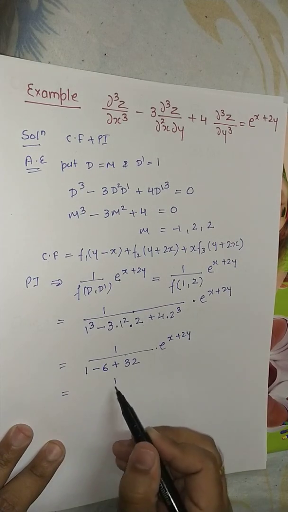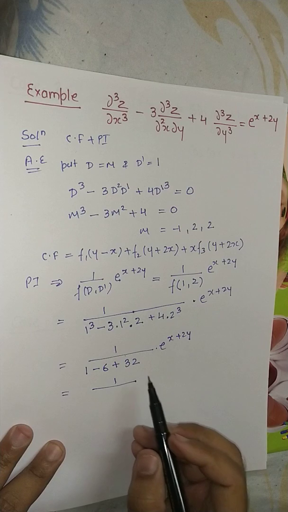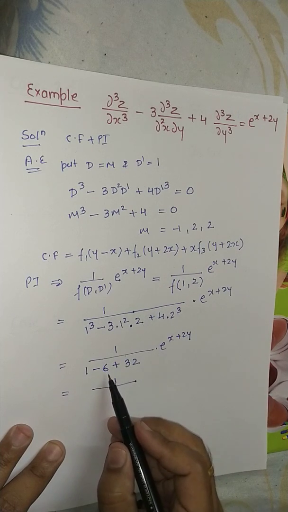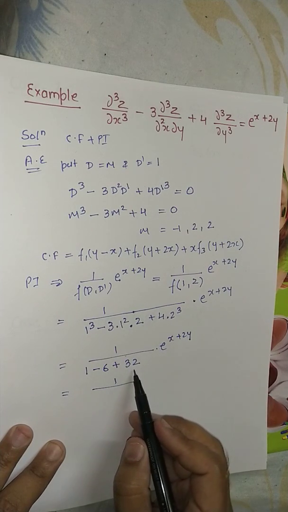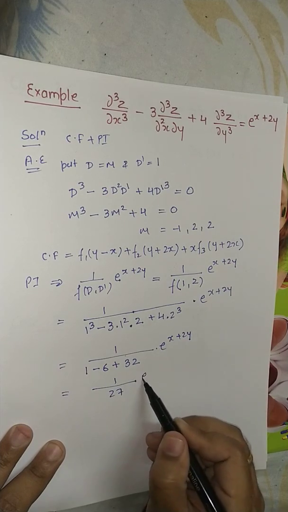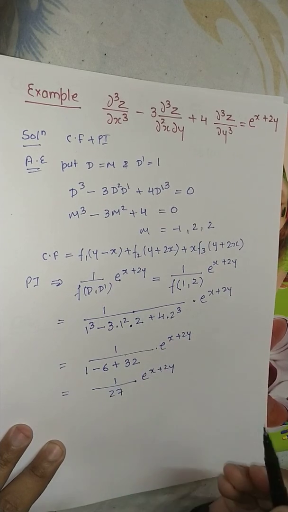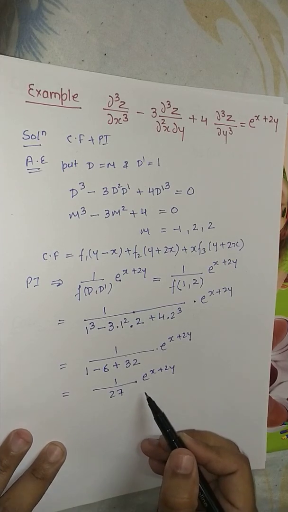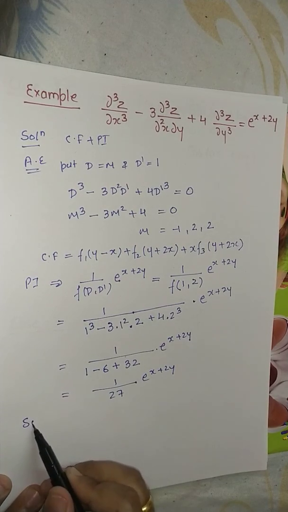This comes to be 1 upon 1 minus 6, it's minus 5, and 32, this is 27. So 1 upon 27 e to the power x plus 2y. So we have the PI. Now the solution is given by